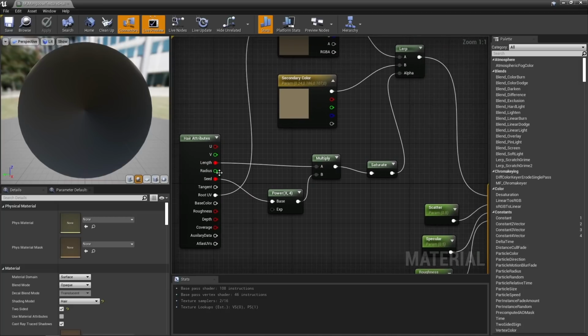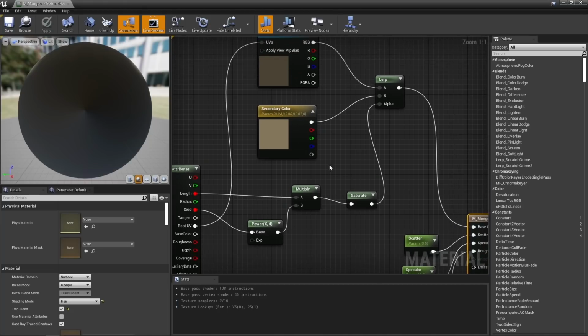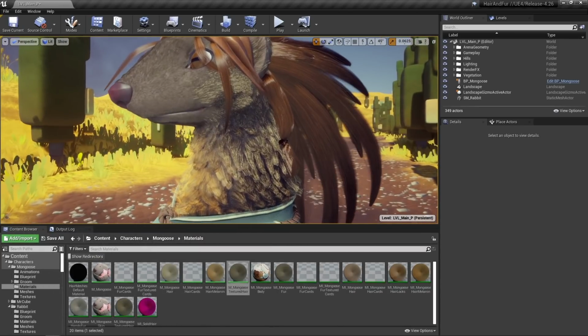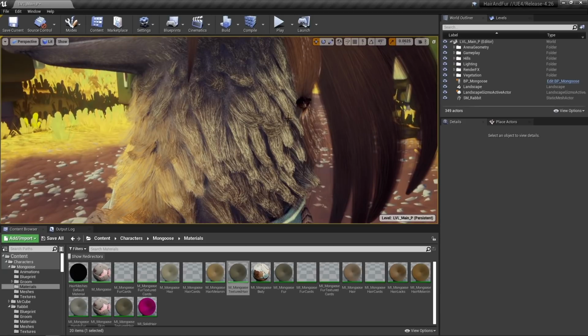I'm mixing these two together to alter and add this secondary color that I have here on top. So for example, if I get closer to the fur on the neck here, you can see that there are blonde strands every now and then. That is because of the secondary color.